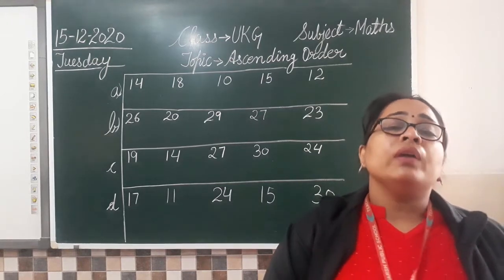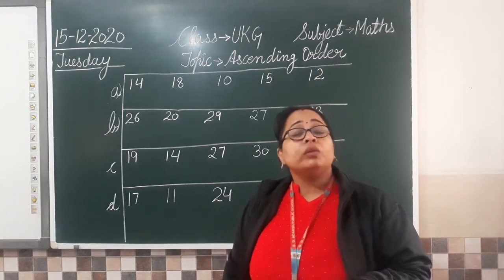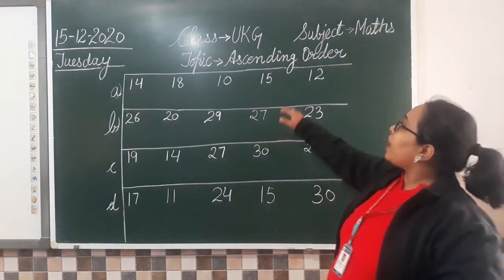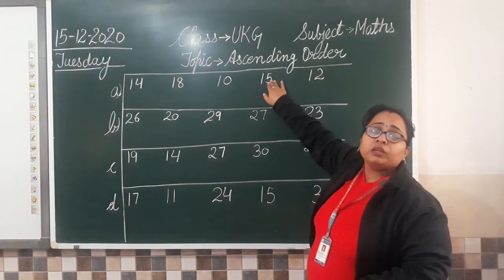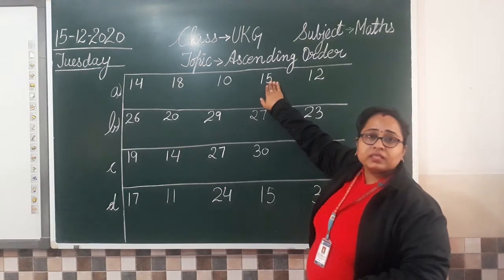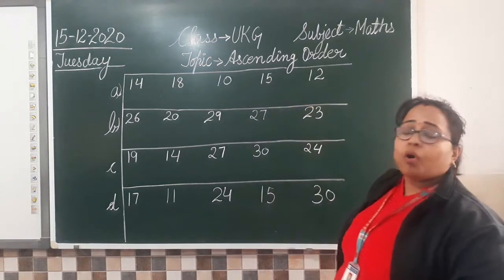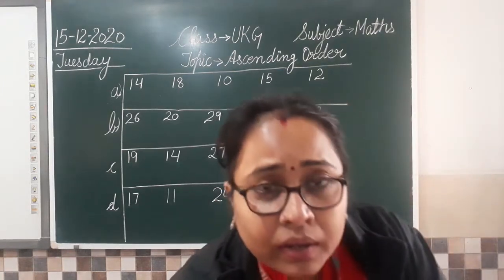So today we are going to move ahead. We are all aware of counting. Counting, we have done till 200. So now today we are going to practice the same topic, ascending order, with 2 digits. Is that clear to all? So today I have written all 2 digit numbers here. So let's begin with the work.